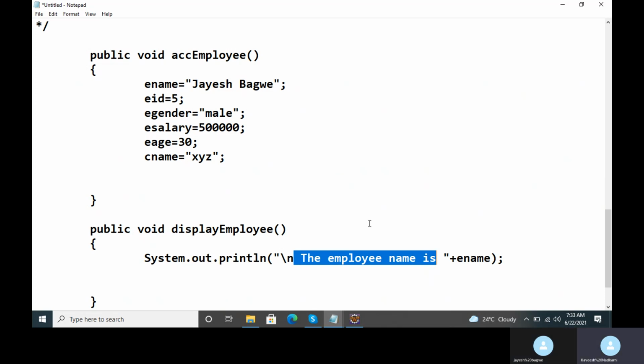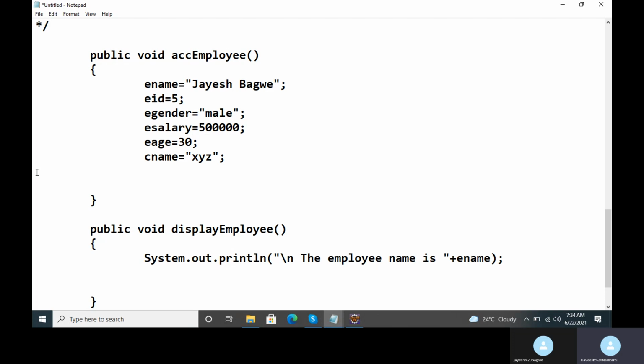One more thing. What is this \n now? The \n is a special kind of character in Java called an escape sequence. Escape sequences are those characters which are mentioned using the backslash symbol inside the double quotes of the println statement. They are not directly displayed as is on the screen, but they create a change in the position of your cursor.